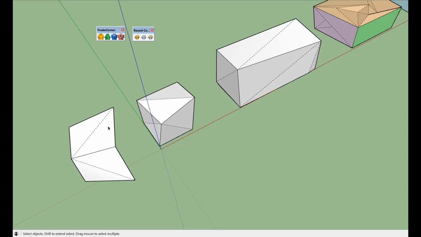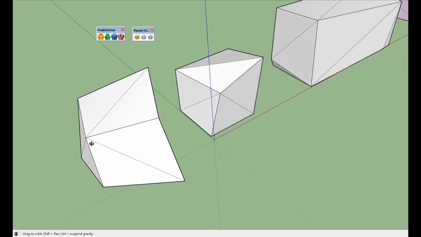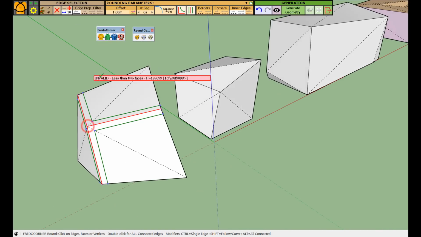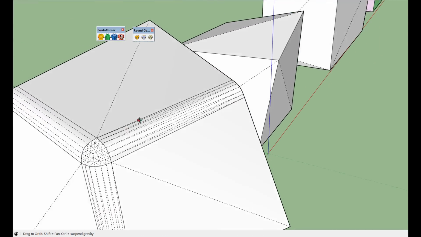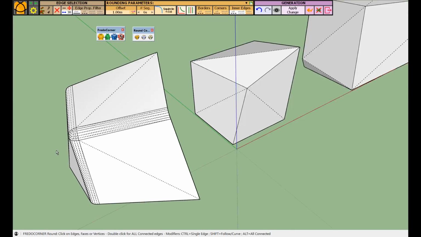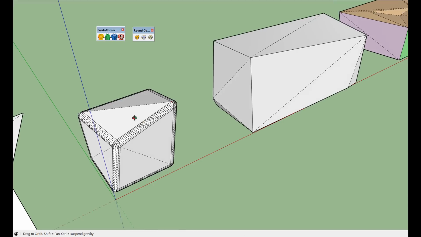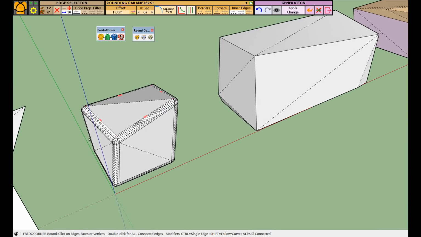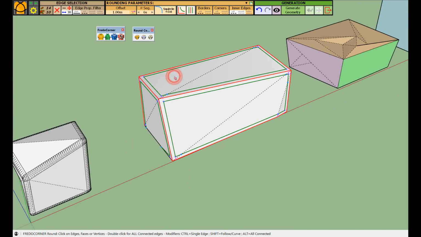So let's see what Fredo Corner does first on this simple corner. This one too. On this one.